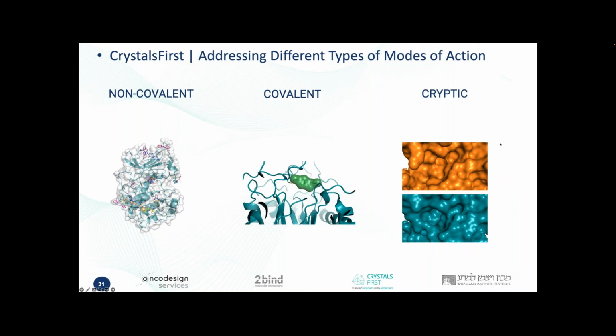The takeaway, just to remind, is that I would encourage all primary hits to be soaked and the co-structures determined, because you never know what you see. We've observed formation of pockets, locking conformational states of loops that structural data reveals and other assays don't. So put in as many primary hits as possible